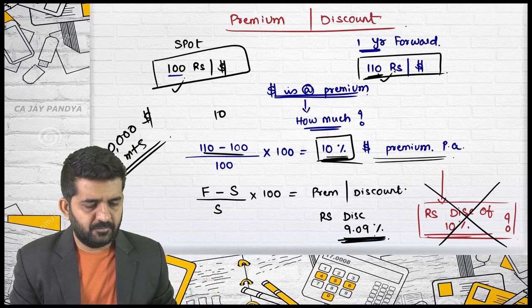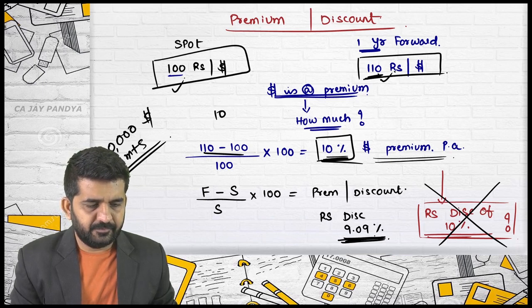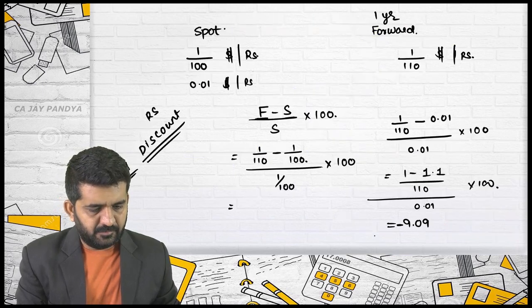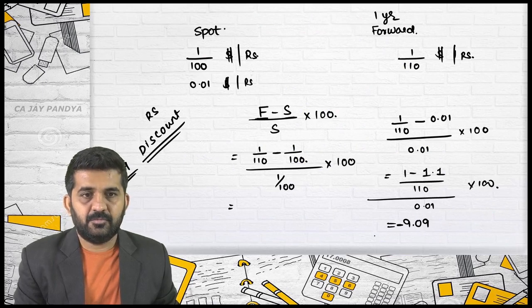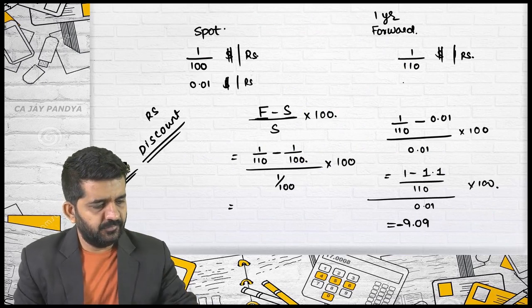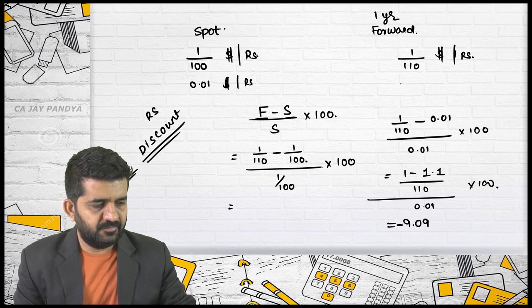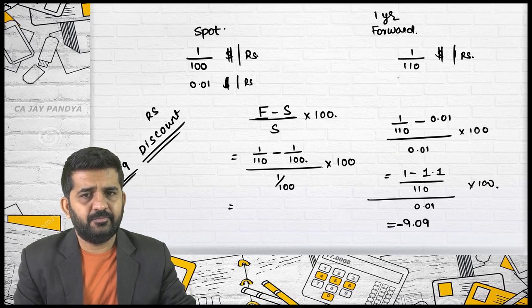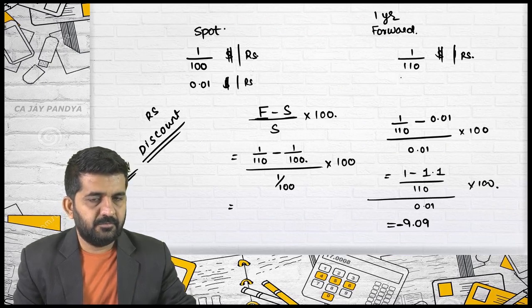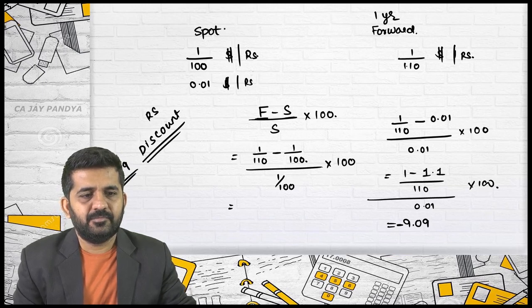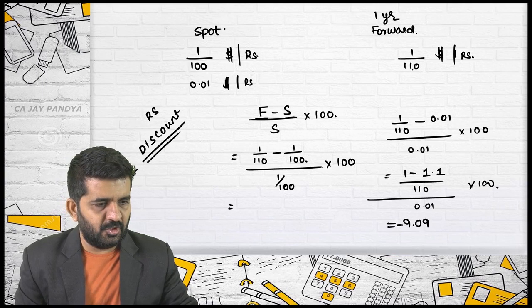Sir, because you are reciprocating it, and so the value of rupees is less when it is after 1 year forward rate. Sir, on 110 rupees, if we calculate the discount, as you told, I am entering into the contract today. So at 110 rupees, I would have to pay 9% more if we divide 10 by 110. Today's rate is 100, and the difference is 10 rupees divided by 110. So the answer would be 9.09%, and we are paying that much more today. We are promising, I mean.